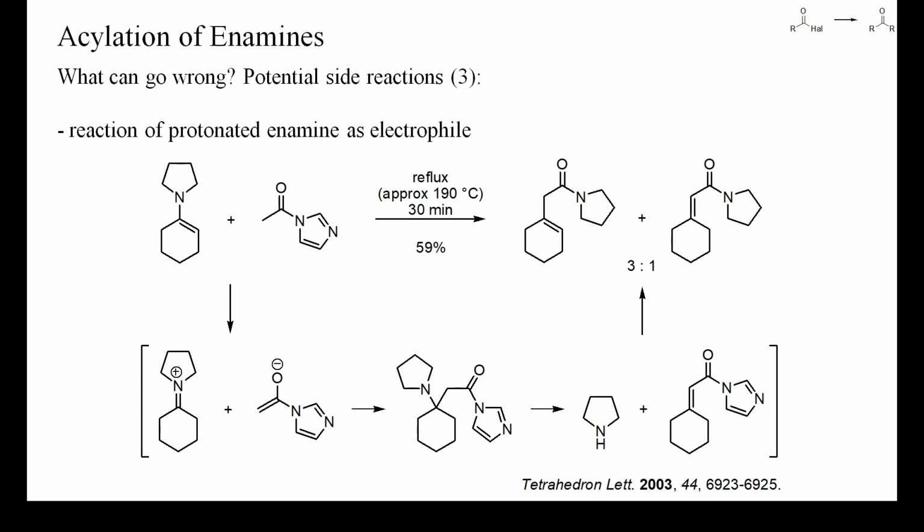Less strongly activated carboxylic acid derivatives, such as the imidazolide of this example, may yield, upon treatment with enamines, enolates capable of adding to iminium salts. The reaction of this slide can probably be suppressed by an excess of a tertiary amine, which would prevent the formation of an iminium salt.